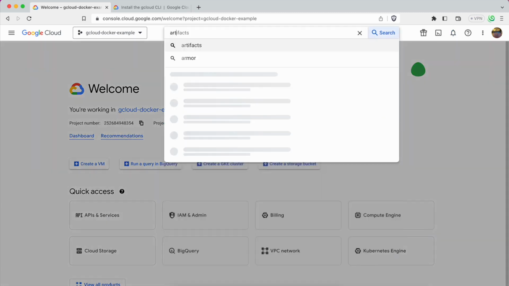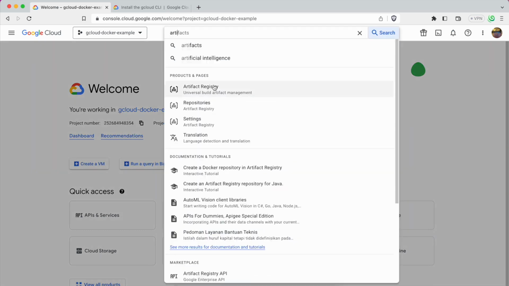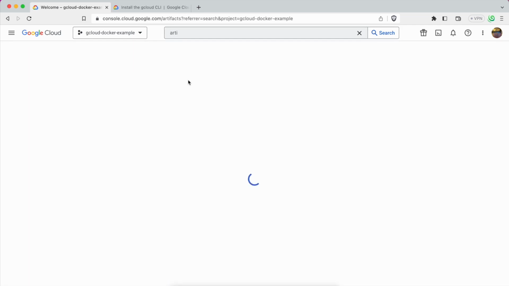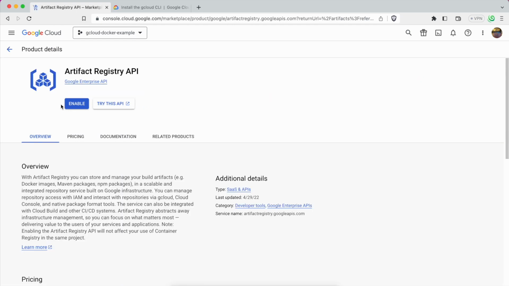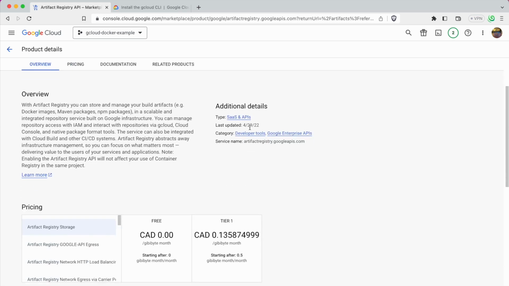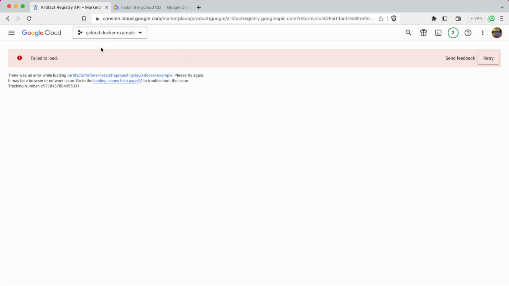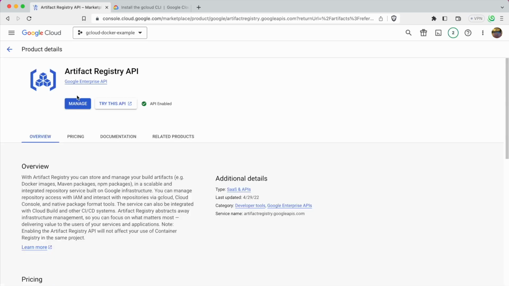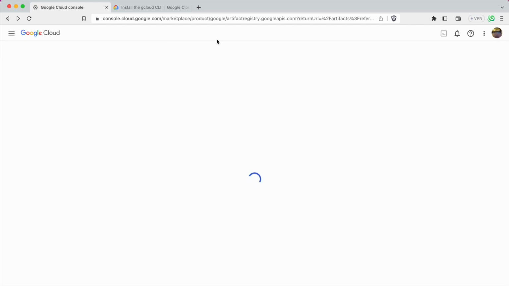The first one will be called artifact registry. So just search up artifact registry. Click enable. Some error, it's fine, just click retry if you get this error. Alright, so now it's enabled. Go back, enable,